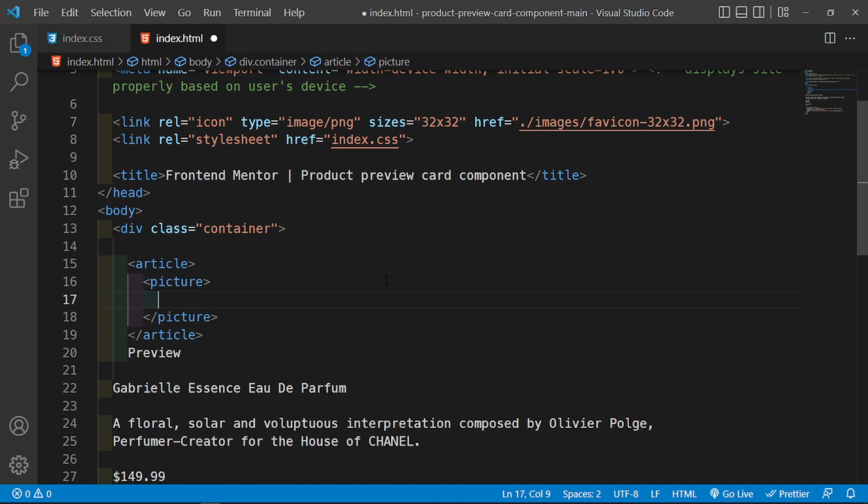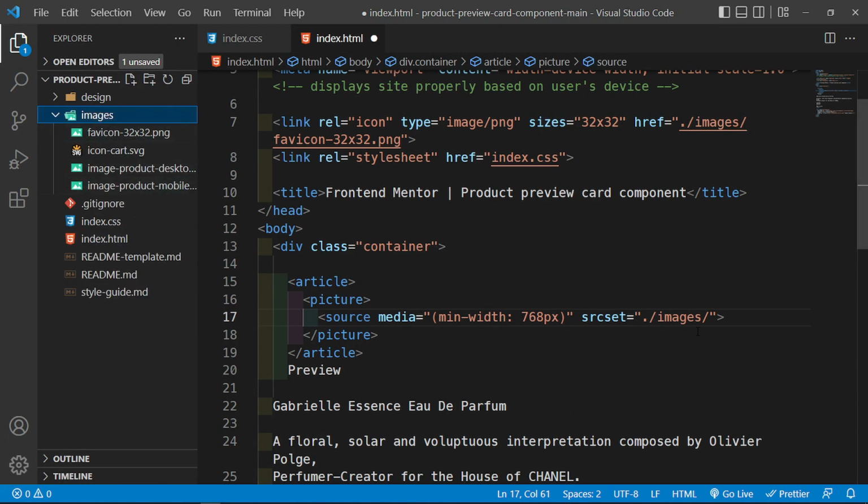And then the picture tag inside here is going to take in a source media attribute. And inside here, I'm going to pass in 768 pixels. And so what this means is that we are checking for a device width which is greater than 768 pixels, which are usually tablets. And when the device width is greater than 768 pixels, then we want our desktop image to show up. So the source set for this is going to go into /images / what's it called,